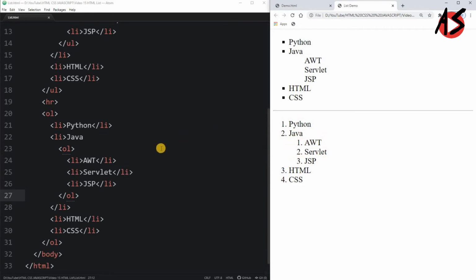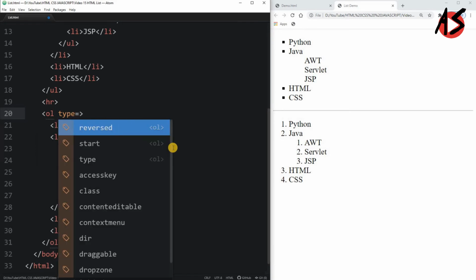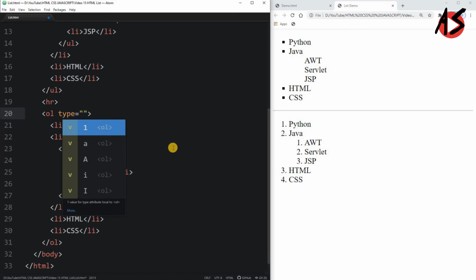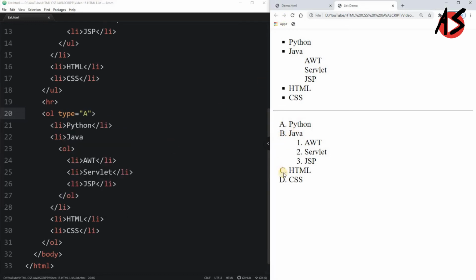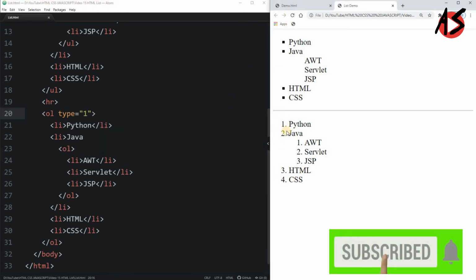In the numbers also you have different types that you can give with the ordered list, that is type is equal to. If you write A, then you get A, B, C, D, etc. in the list. If you write simply 1, it gives the default type of the list using numbers.